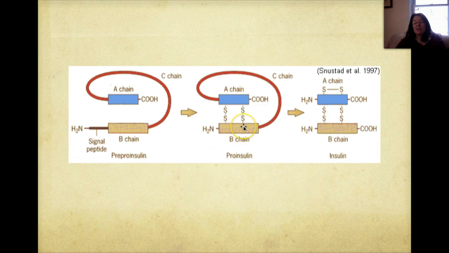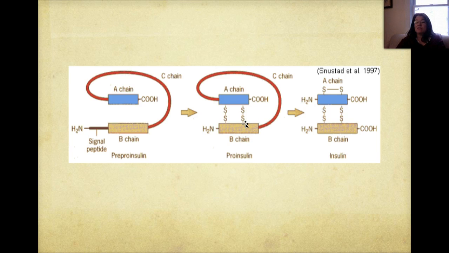Now in this central image, what they're showing us is that the B chain of amino acids and the A chain of amino acids are going to begin interacting with each other. They're going to begin folding with these disulfide bonds. That's what's being represented by SS here and SS here, disulfide bonds. So we have some chemical interaction going on here, but we're still not near where we need to be to